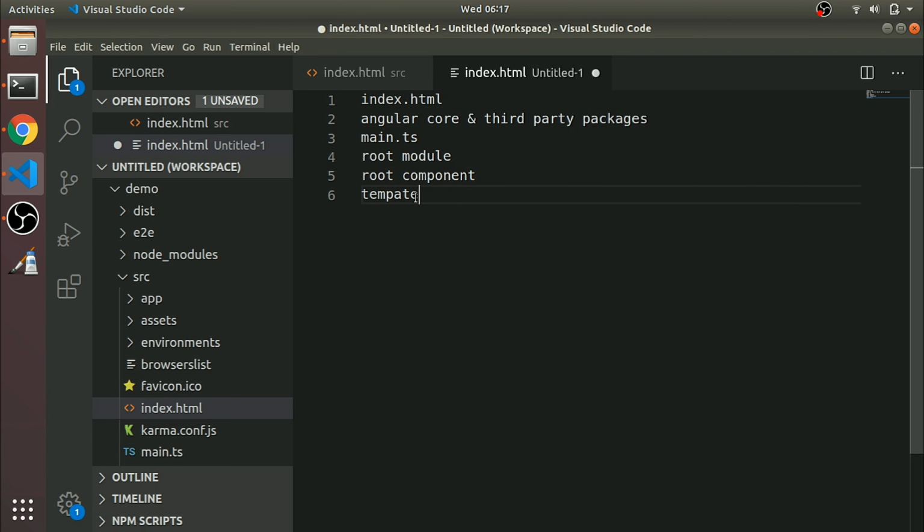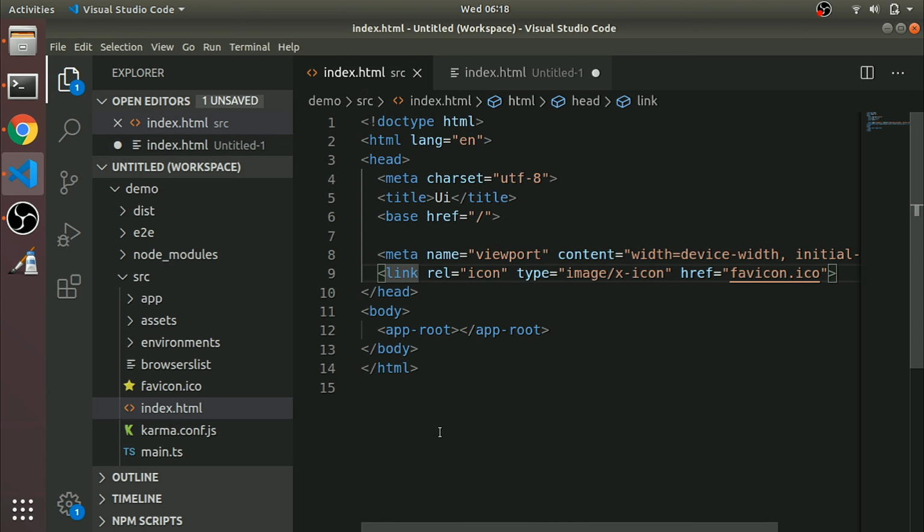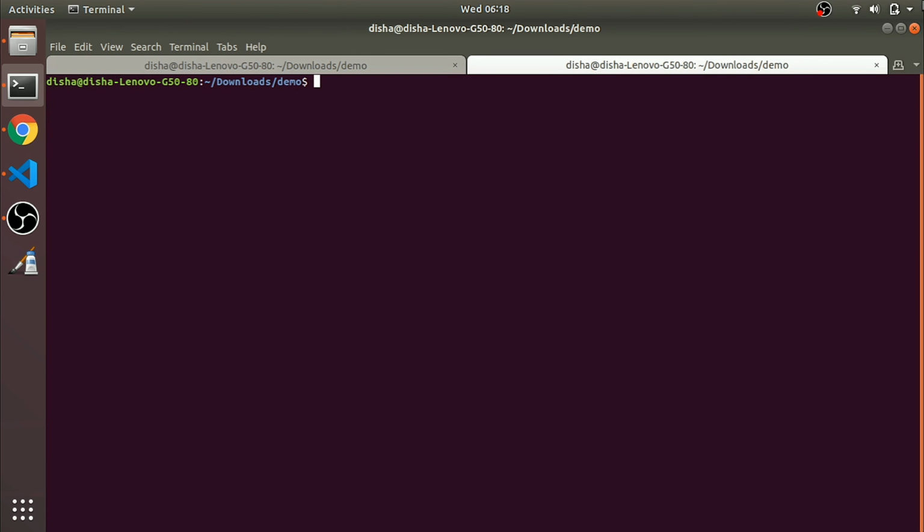Index.html loads first, as we said here, but there is no JavaScript file, only plain HTML is there. Then how does Angular know where to load? To find out, let's do ng build here. It's building, right?